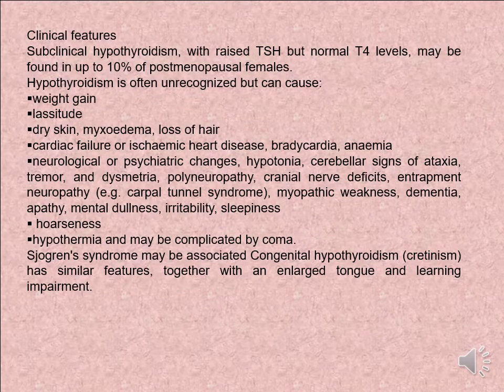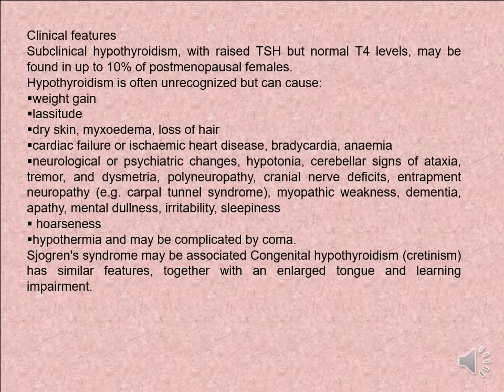For the clinical features of hypothyroidism, we have subclinical hypothyroidism with raised TSH but normal T4 level, which may be found in up to 10% of post-menopausal females. Hypothyroidism is often unrecognized but can cause weight gain, lassitude, dry skin, myxedema, loss of hair, cardiac failure or ischemic heart disease, bradycardia, anemia, neurological or psychiatric change, hypotonia, cerebellar signs of ataxia, tremor, dysmenorrhea, polyneuropathy, and cranial nerve deficit,